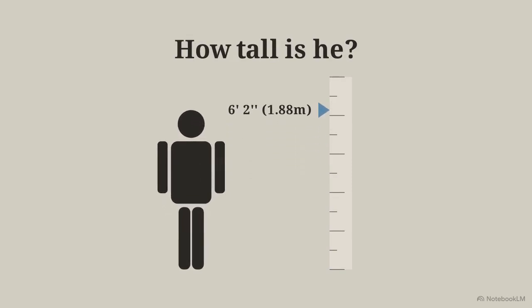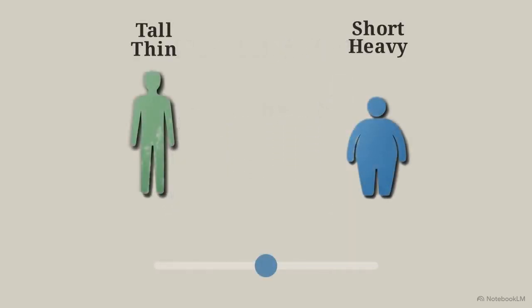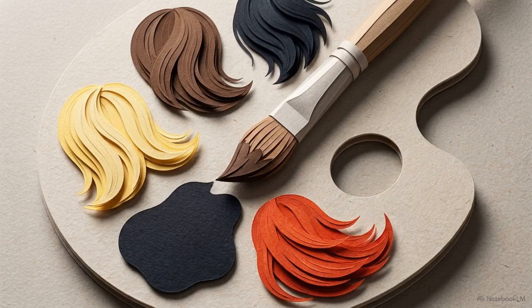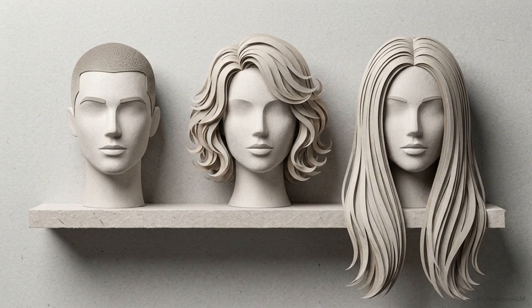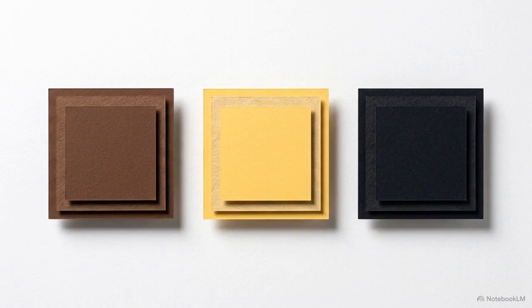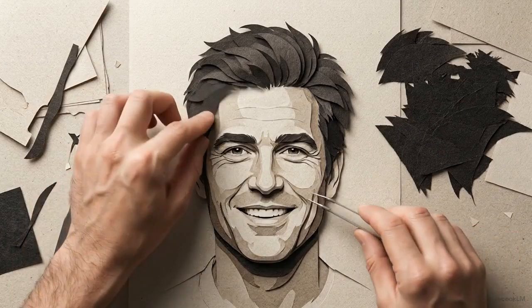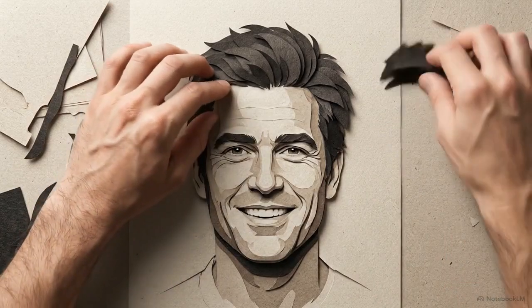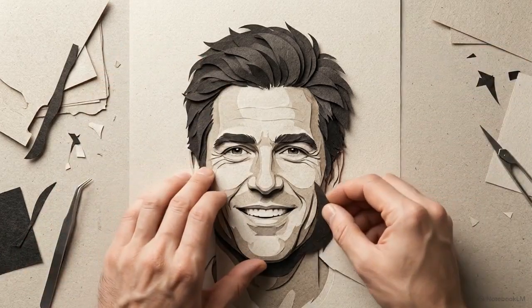This diagram shows how we describe those physical features by using opposites. If a person is not tall, they are short. If they are not heavy, they are thin. From there, you paint the rest of the picture by describing hair. You can talk about length. Someone might have short, medium length, or long hair, and then pair that with a color, like brown, blonde, or black. By combining "what does he look like" with those how questions, you hand your listener a complete visual sketch